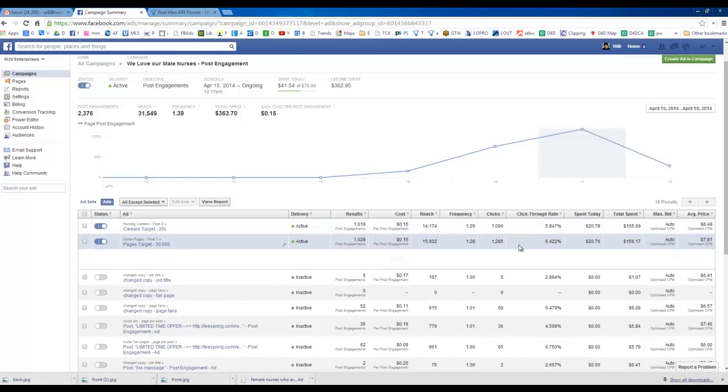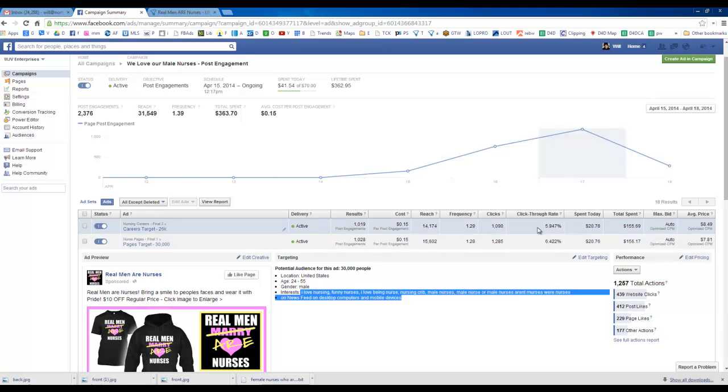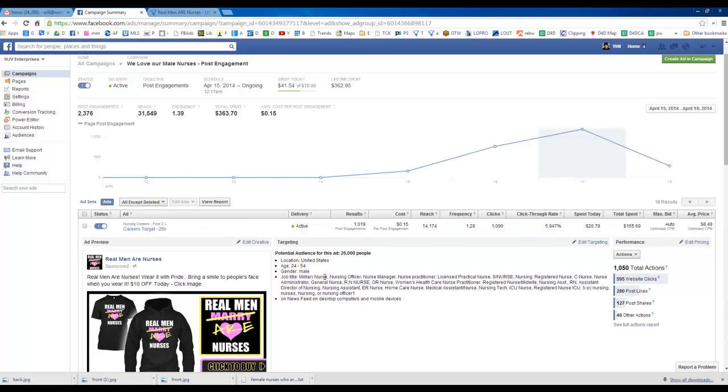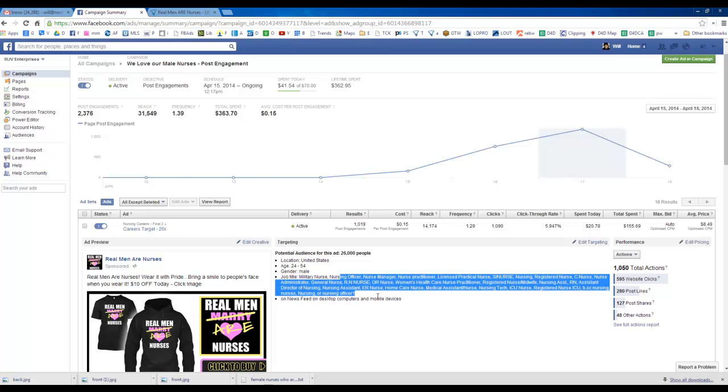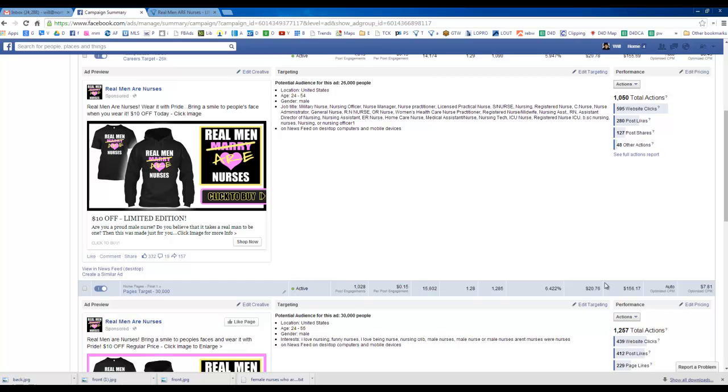The page fans are producing a little better click-through rate, and the job titles are producing a little less, but our job titles are far surpassing clicks to the actual website,